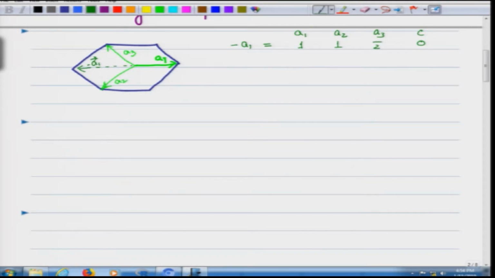So, minus A1 becomes 1 1 bar 2 0, and therefore, if I had to write A1, I will write 1 bar 1 2 0. But now, one other thing, this is in the sense of direction it is right, but magnitude wise if you look at it, we are going A1, A2 over here, A3 over here. So, we are A2 1, A3 1, and A1 was minus 2. So, we are going minus 2 in this direction, already minus A1 and we are now adding 2 more.